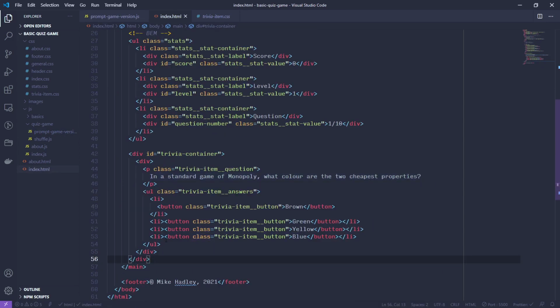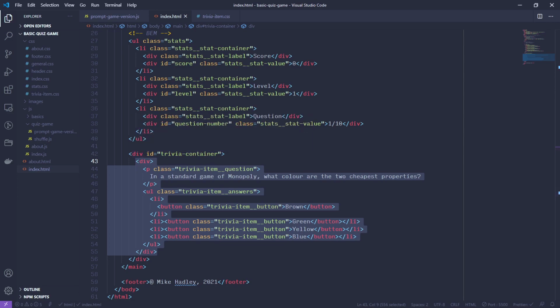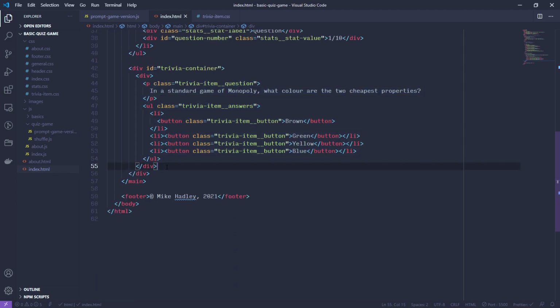So one mechanism that's useful in modern HTML is that we can actually, instead of creating an element directly on the page like this, we can put it into what's called a template. And when we put it into a template, it doesn't render on the page to the user, but we are able to reach into it from JavaScript and use it. So basically, we want to create a template of this div that we can copy and paste onto the page from JavaScript. We can clone it, add it to the page, and then modify it, fill it in with the appropriate question and answer. So what I want to do is I'm going to put this after my footer,